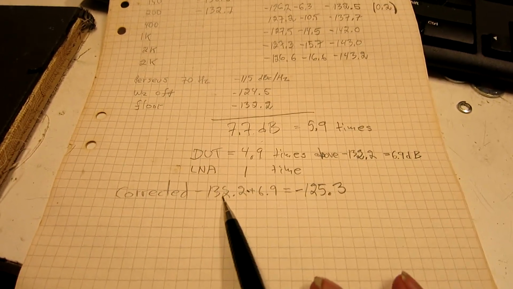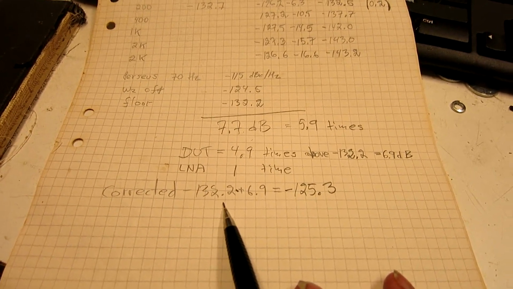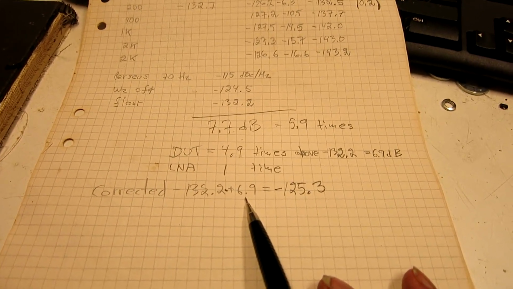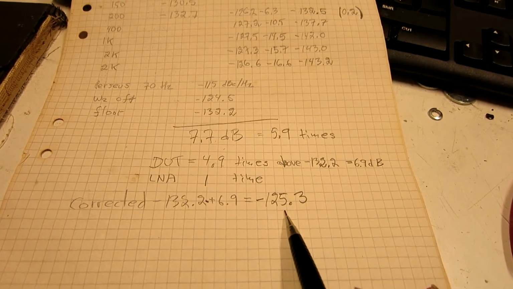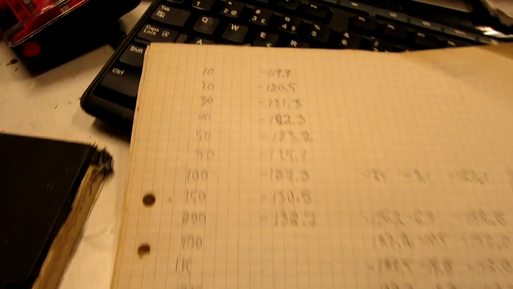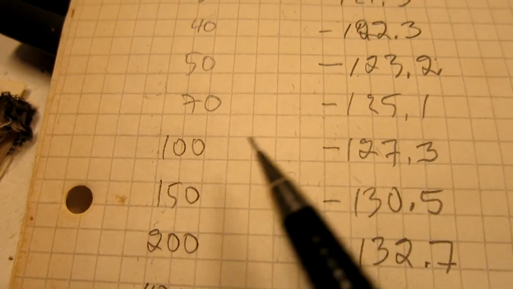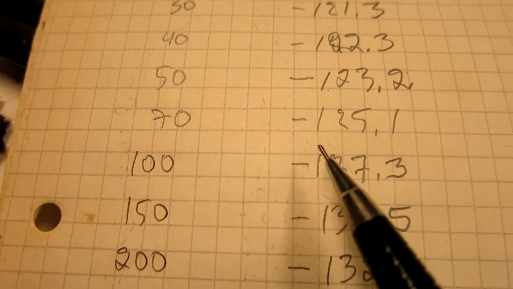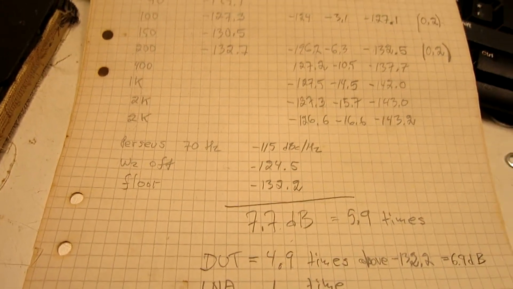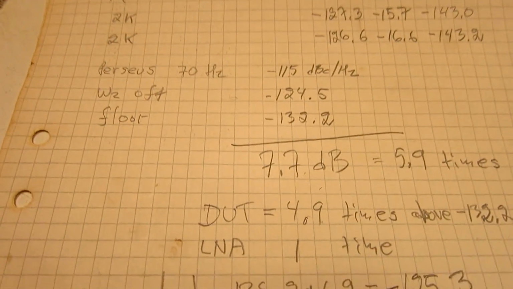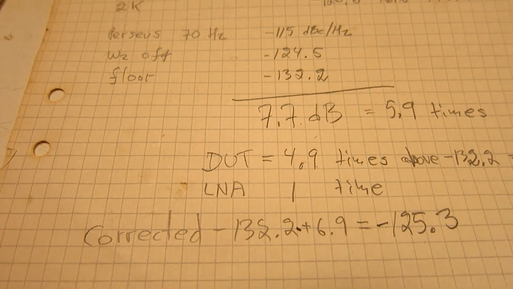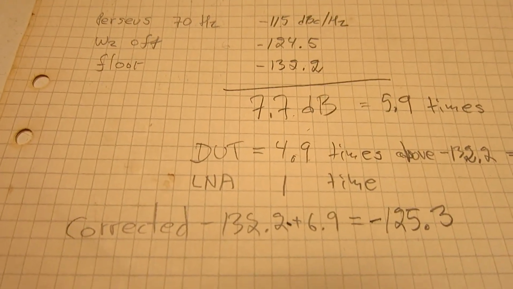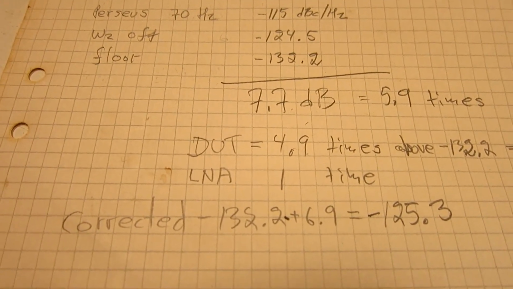So I have minus 132.2 plus 6.9, that's minus 125.3. That comes very close to what I wanted to see, minus 125.1. So the measurement I do here is consistent with what I found when studying the noise with the correlation spectra. So I can measure now the noise floor